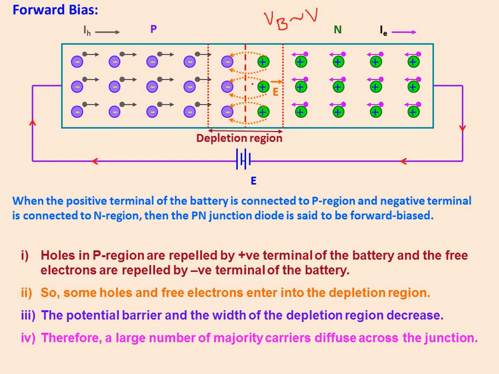Later we have a topic called characteristics of a PN junction diode. There we can see the graph nature also. I will plot the graph there, so I am not drawing the graph again here.